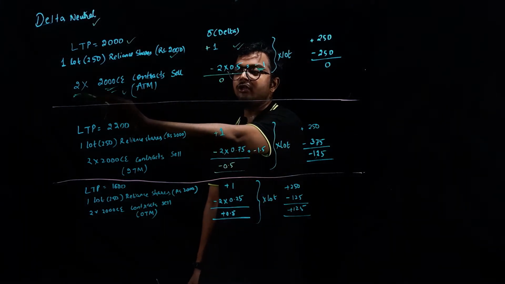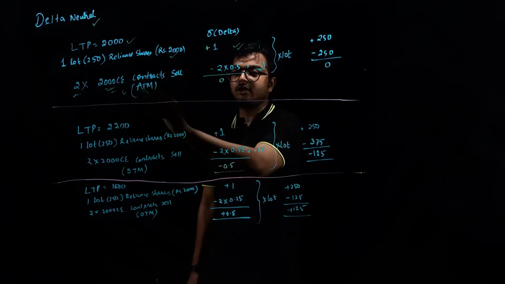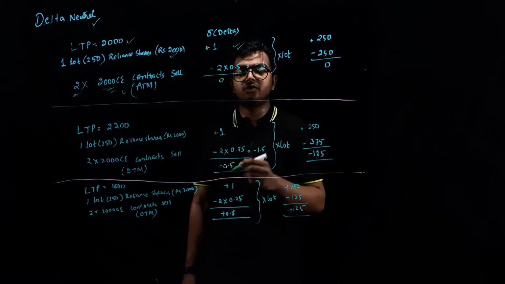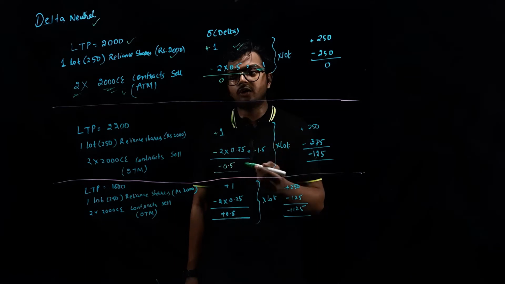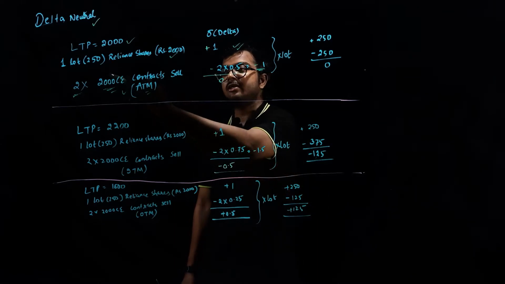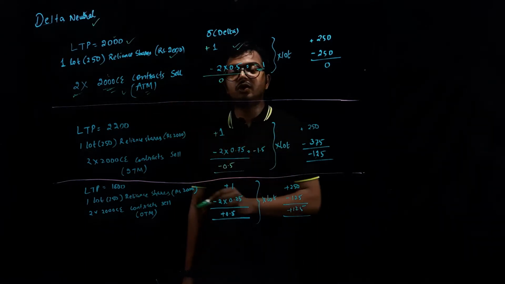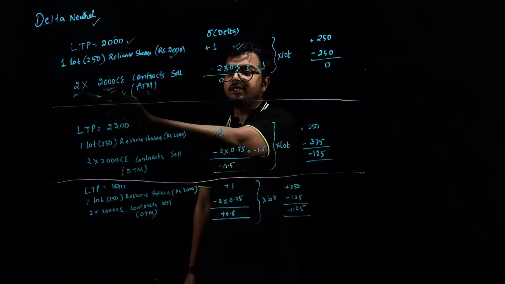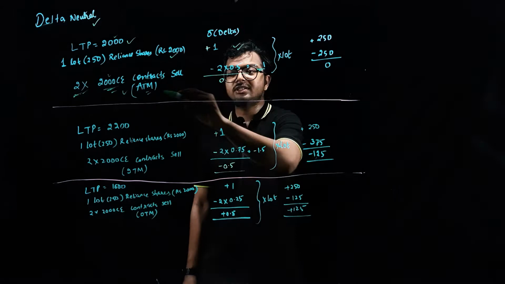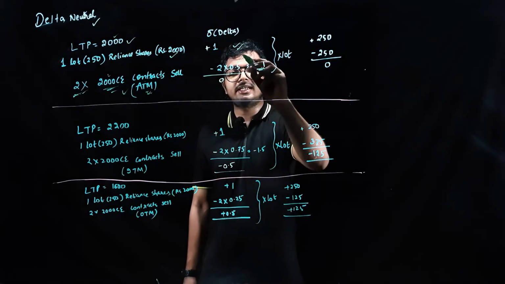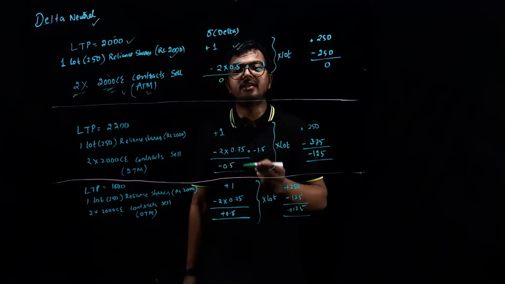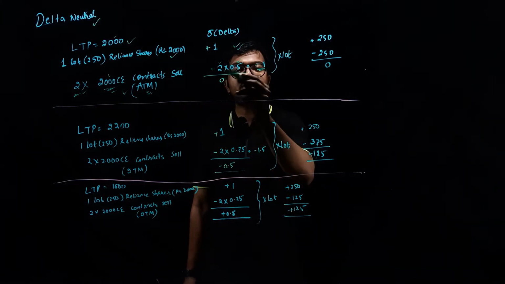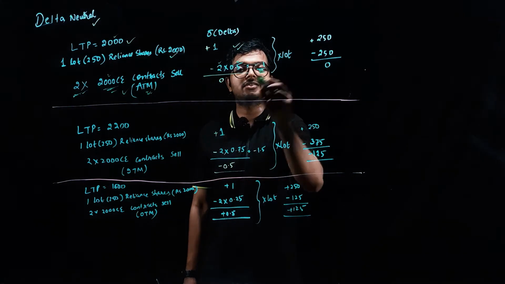And you have sold two lots of contracts, or you can say two contracts, at 2000 call, right? So you have sold two 2000 call options, that is at the money, because current price is equal to the strike price at which you have sold the call. So in this case there are two contracts, right? As you know, this is at the money, so the delta is 0.5, right? And you have sold two contracts, so you multiply by 2. So 2 multiplied by 0.5 is minus 1.